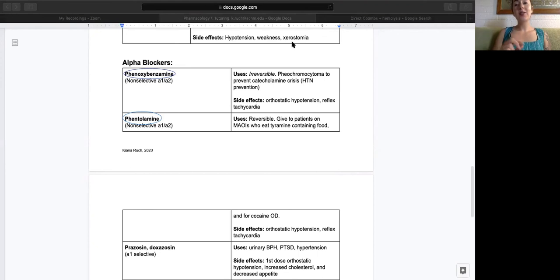Yeah, but the uses of phentolamine are kind of important. It's reversible, but it's given to patients on monoamine oxidase inhibitors who eat tyramine-containing foods. It's also given for cocaine overdose. And cocaine overdose, along with MAOIs with tyramine foods,